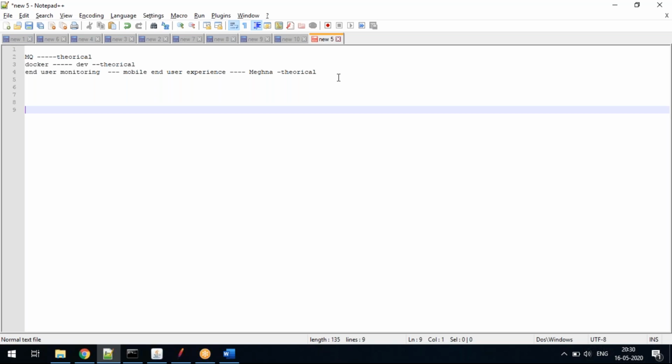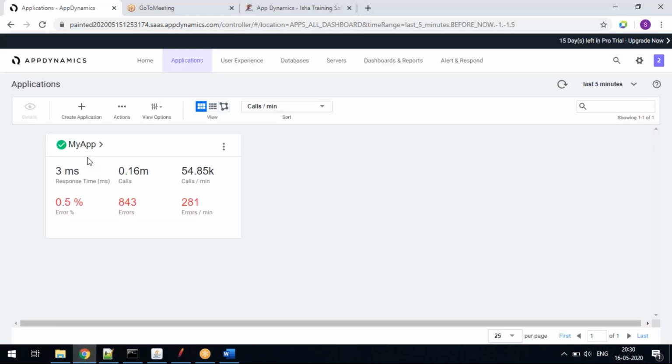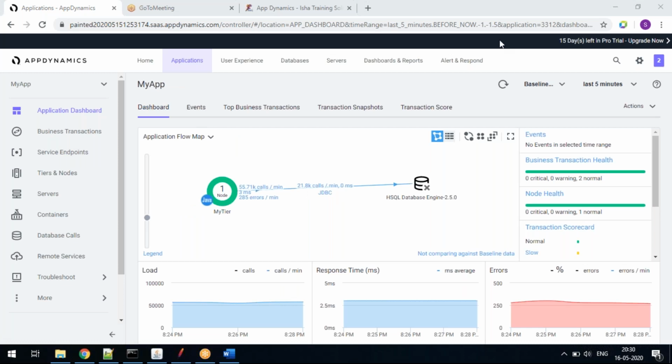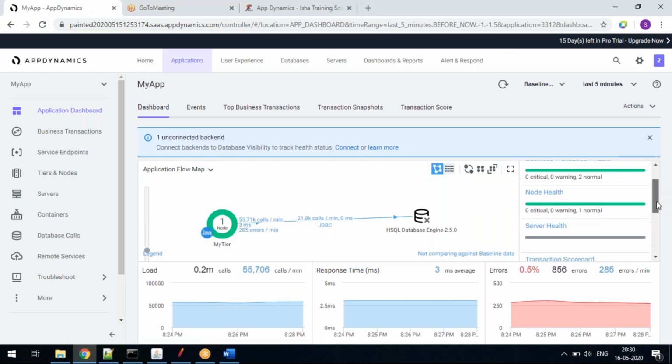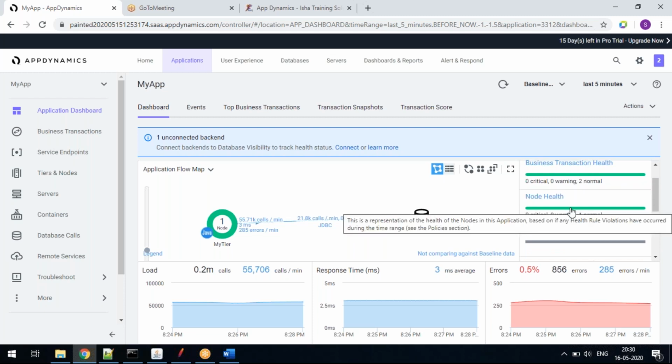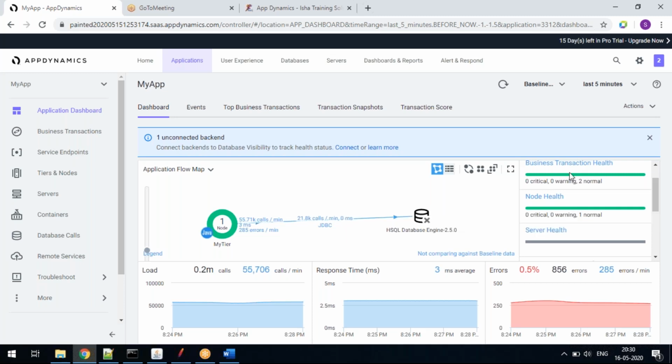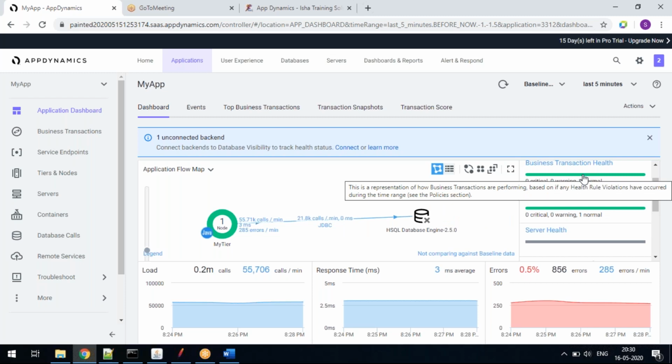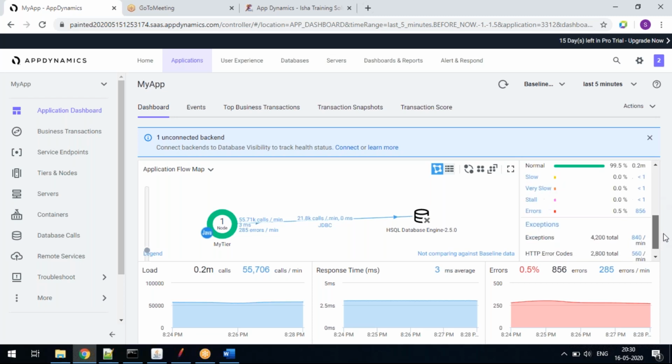Okay, I hope I covered all of whatever we are going to do. Say, as an example, I'll touch base on a few things. On the right-hand side, for now everything is green. So as an infrastructure monitoring person, or an APM person, or a performance tester, these are roles. I will monitor this application. If any red things come up, red in the sense that something is alarming, from there my investigation will start.